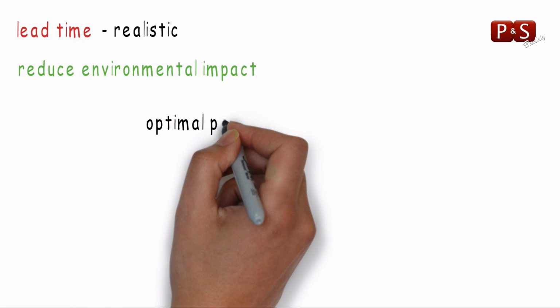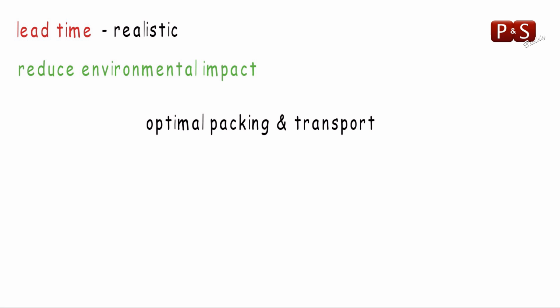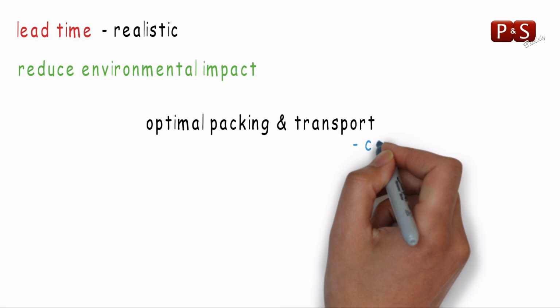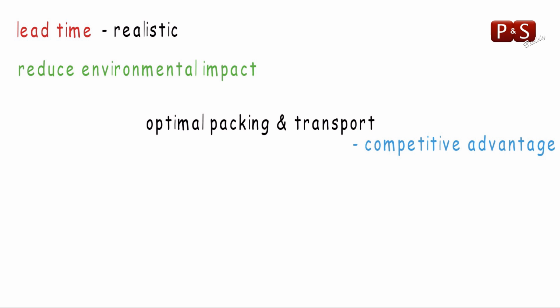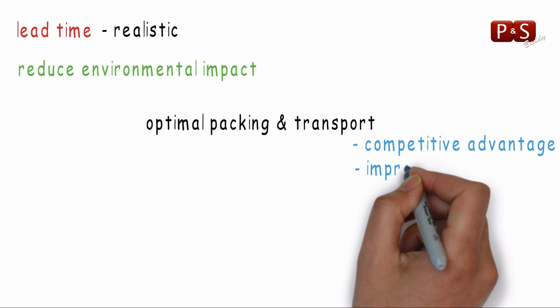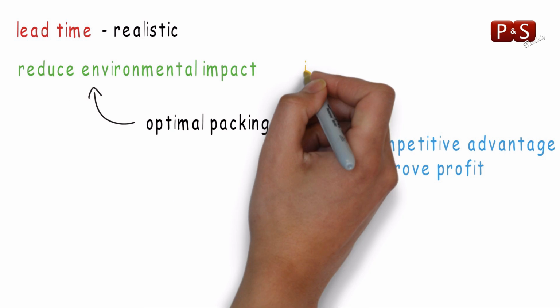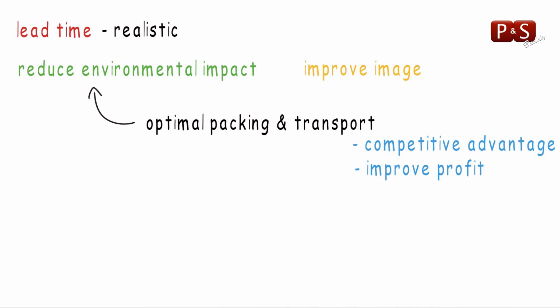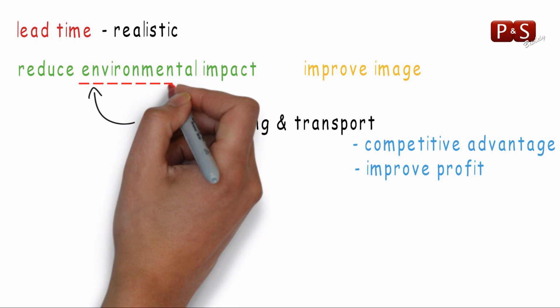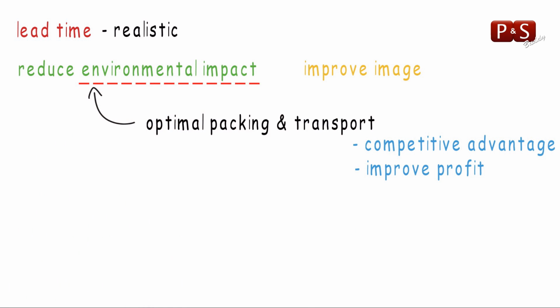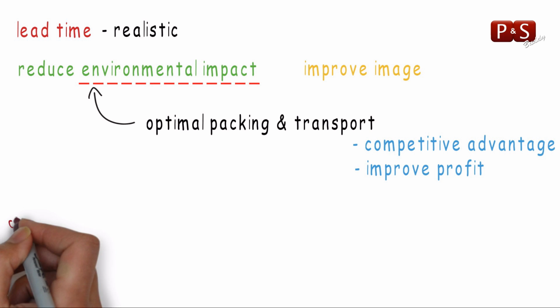Reducing packaging cost or reducing transport cost are among the major factors that contribute towards competitive advantage. This reduces cost and improves profit. It also helps in reducing environmental impact and thereby improves the organization's image in customers' minds. Environmental impact is a growing concern. Nowadays, customers are more aware of green movements, environment-friendly practices, etc. The image of the firm can be tarnished by delivery failures that cause environmental issues, because customers expect the firm